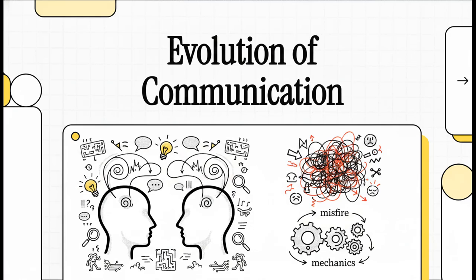Today, we're diving into the absolutely fascinating evolutionary story of how humans connect, and, well, perhaps more importantly, how we completely misfire. You know, communication is something we do every single day, usually without a second thought. But the actual mechanics behind how a thought leaves your brain and somehow enters someone else's, that's a wildly complex journey, and scientists have spent literally decades trying to decode it.